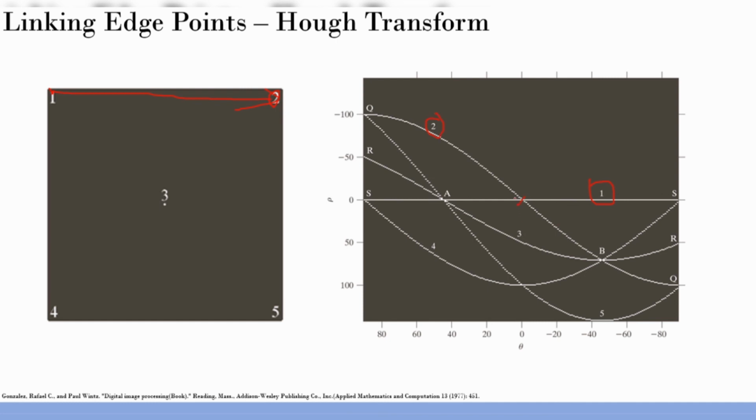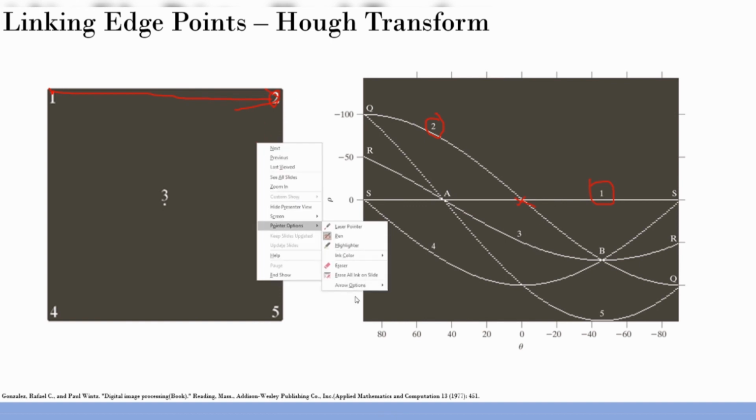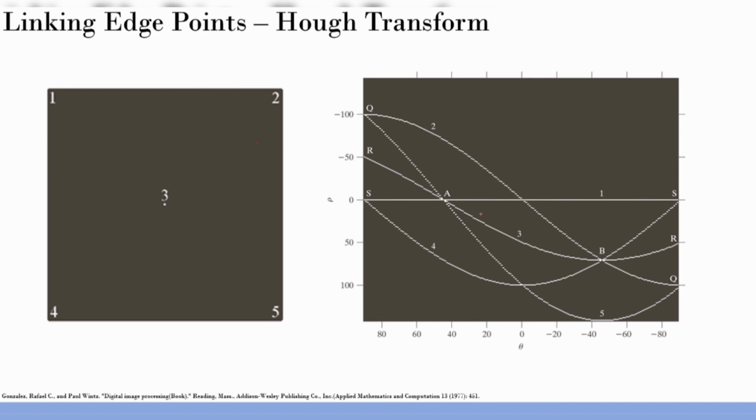So it crosses 0. This means it's sort of 90 degrees, and that's why sin 90 is 0. So you end up getting only the cos part. So 2 is defining this particular curve. Similarly, the point 3 is 45 degrees, and that is defining this curve. 4 is also here, which is this curve. 5 is also here, which is this curve.